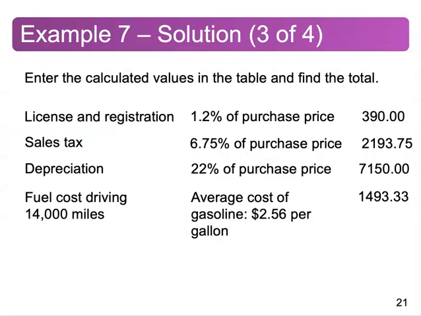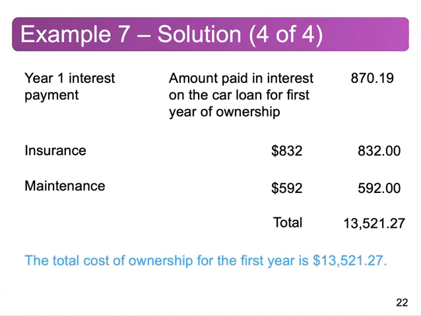So going back to this problem, we have our license and registration, our sales tax, depreciation, the fuel cost, the interest for 1 year, the insurance, maintenance. And so this car is actually costing you $13,521.27